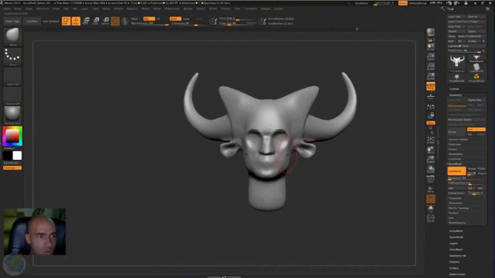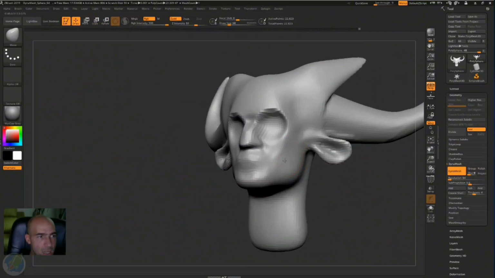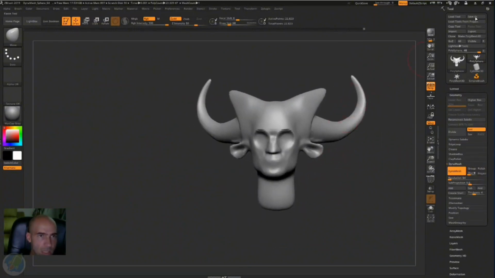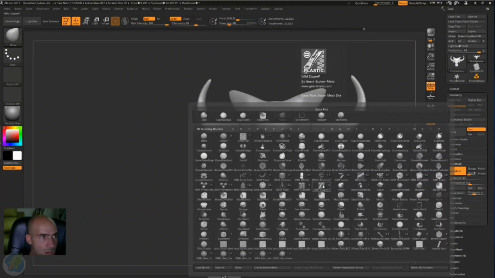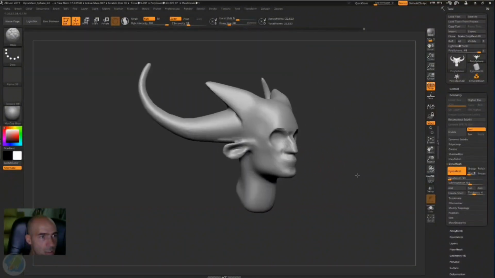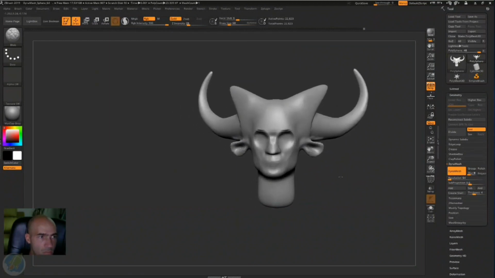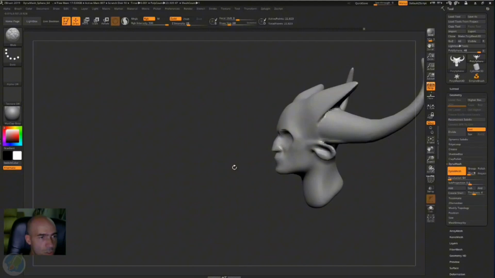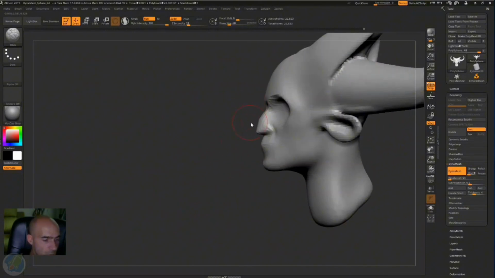But I don't want to start over. I like this, and basically that's it. You can save from here, load here, and that's your first lesson in ZBrush. Or clicking here is your brushes, and you don't need anything more. That's how you start, that's how you continue, and you have to just go with the standard brush, for example,